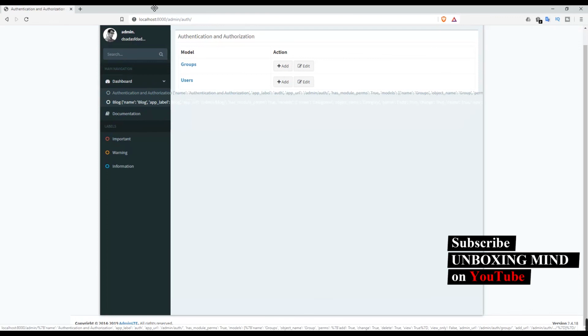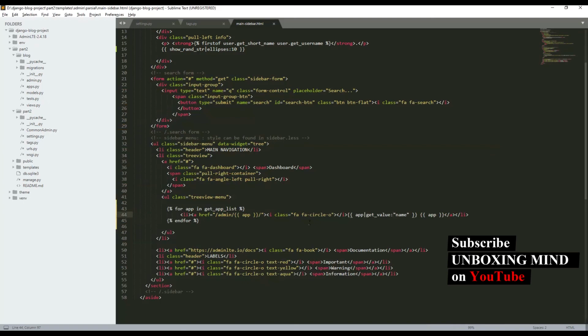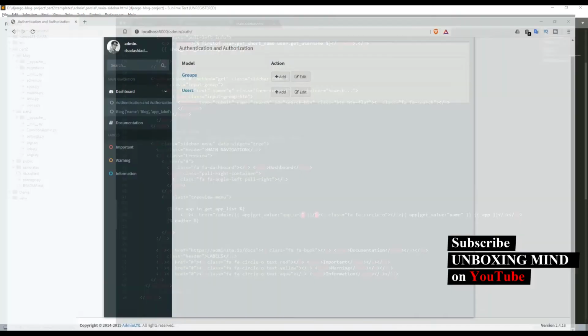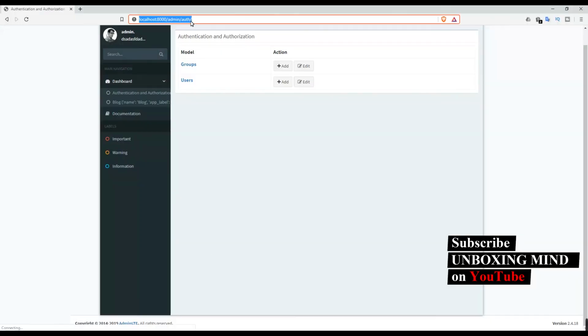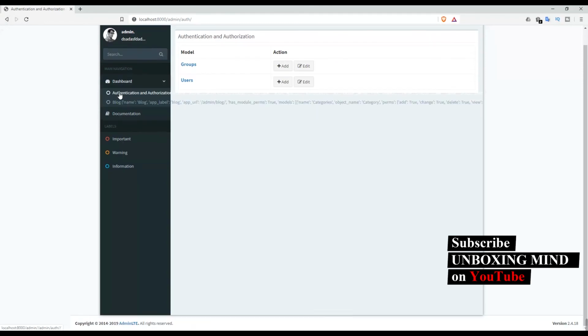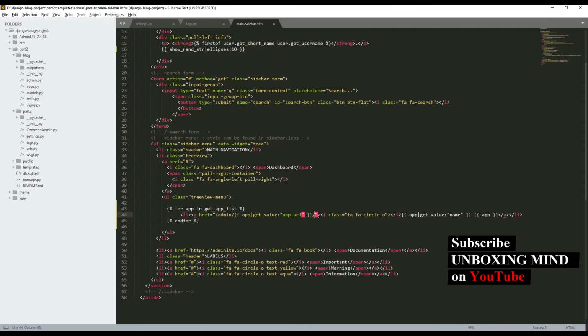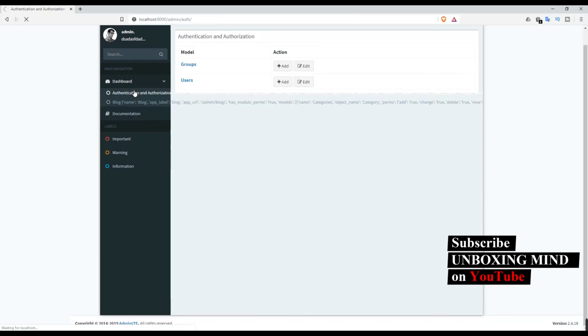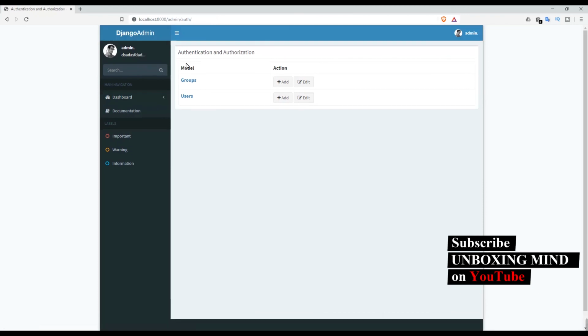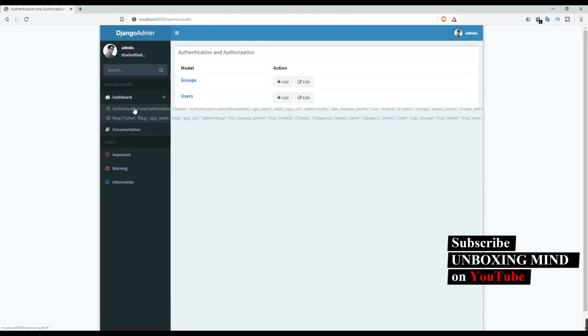There is one more parameter called app_URL. So we will use the same filter and we will pass that index called app_URL, so it will print the URL. Now if we click, as you can see, now if we click on this link, let me copy all the